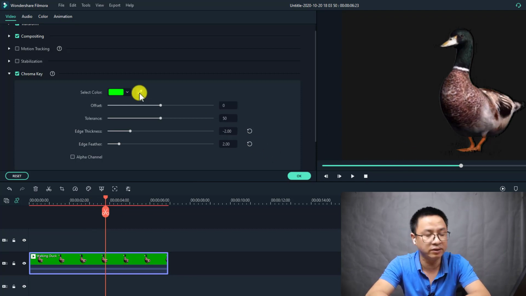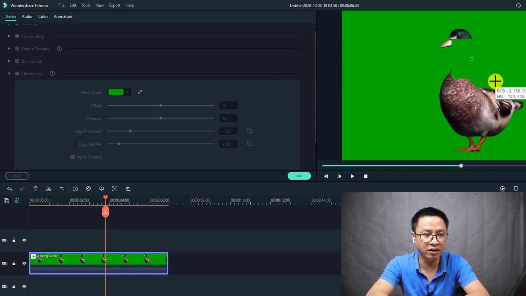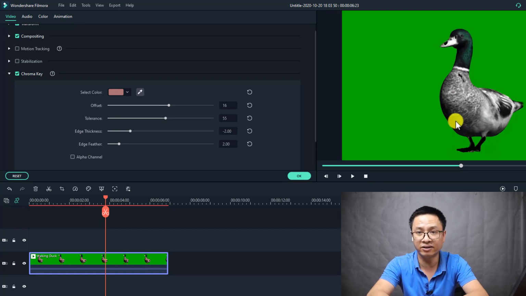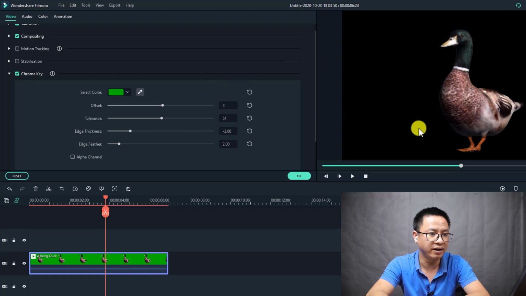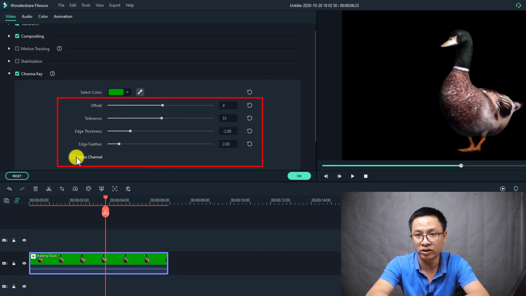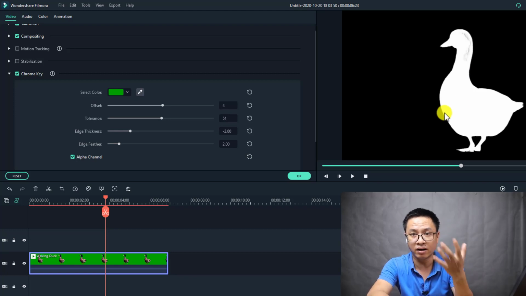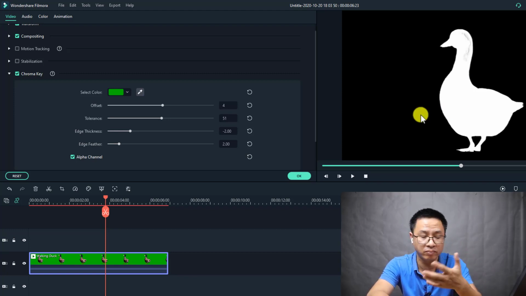But you can always use this color picker to select the color you want to remove on the screen. Not only green, but maybe I want to remove this color. I can select here and it will remove that color in my video. Okay, and let's go back and remove green screen. Okay, and the next options you need to consider are offset, tolerance, edge thickness, edge feather, and also alpha channel. If you click on alpha channel, then you can see which color or colors have been removed from your video, and